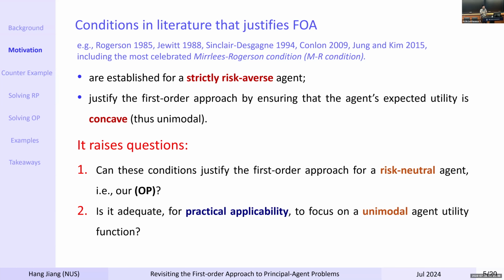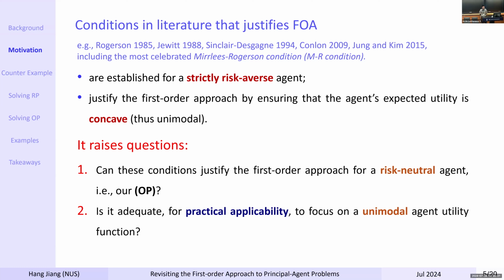But it raises questions. The first one is that we don't know whether these conditions can be applied in a risk neutral setting, because our model setting assumes that the agent should be strictly risk neutral. And the second question is, is it adequate for practical applicability to focus on a unimodal agent utility function? That is why its goal for the literature is to prove that under the conditions, the agent's expected utility is